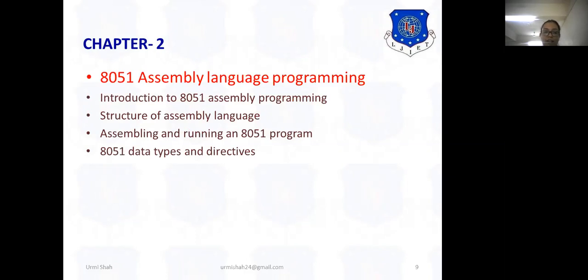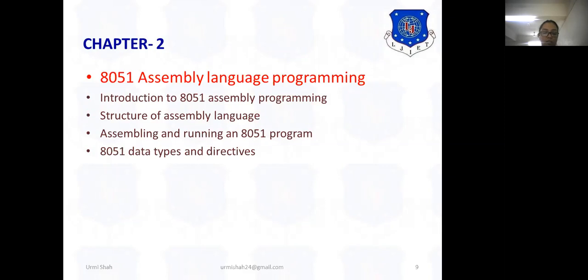So we started with microprocessor and microcontroller and the difference between them. Then we introduced the microcontroller. Then we moved ahead with the block diagram, then the overview of the 8051 microcontroller. Then we saw the register set and input output registers and architecture of 8051.